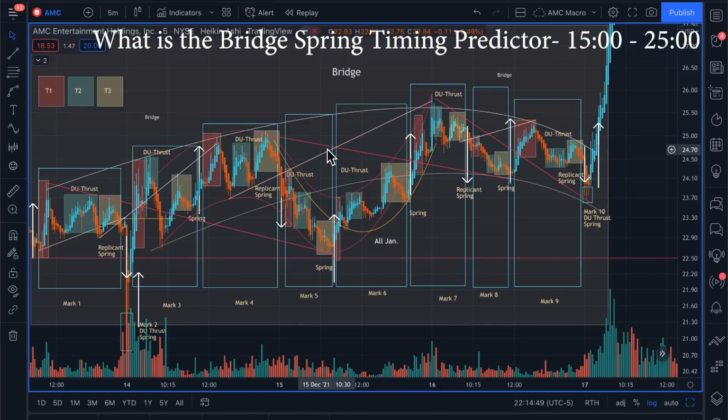So this is one of the reasons why I think that on the macro, we're in this sequence right here, and we're going to have to break out and form a cat ear sequence around 30 to 40. It's going to look like this, where it breaks out and comes back and retests that macro trend line that's going down that I mentioned earlier on AMC. And I think that's going to happen on the macro. So I don't think it's just going to go straight up. I think it's going to go up to like 40 or 45 and then come back down, test it, eventually form a spring and then leave.